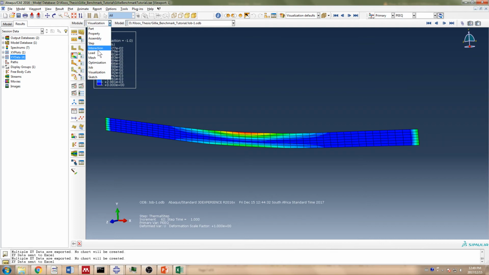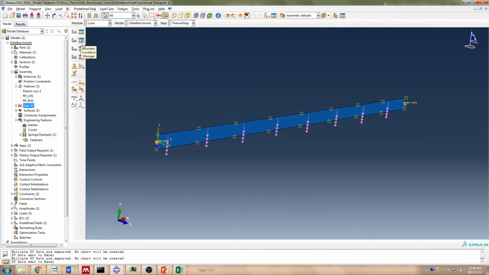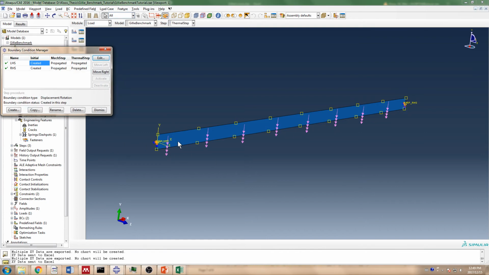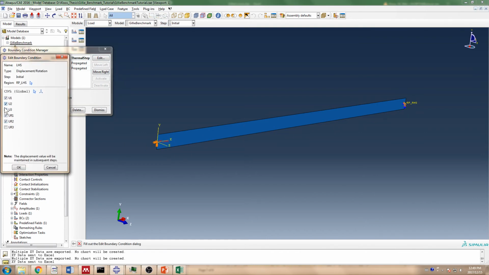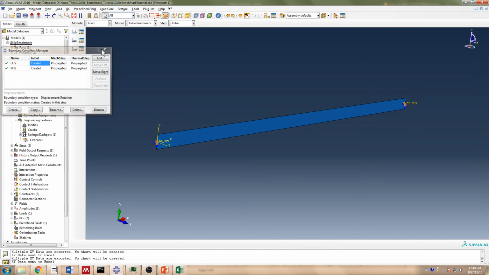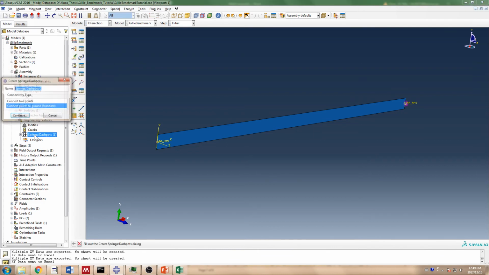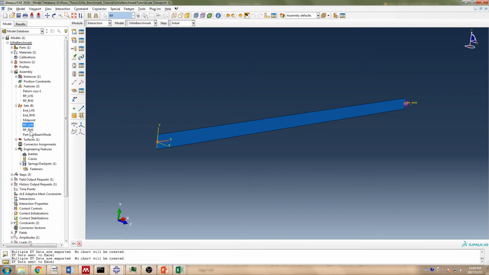But if we go back to our load and we make both sides rollers, so we take our left-hand side, make that a roller, and we take our spring and apply it to both sides. To do that, we just need to define a new set. So you go to your sets, click on both your reference points, right-click, Boolean operation, and we can go union. So that's going to make a new set which combines the two. Let's call that RP